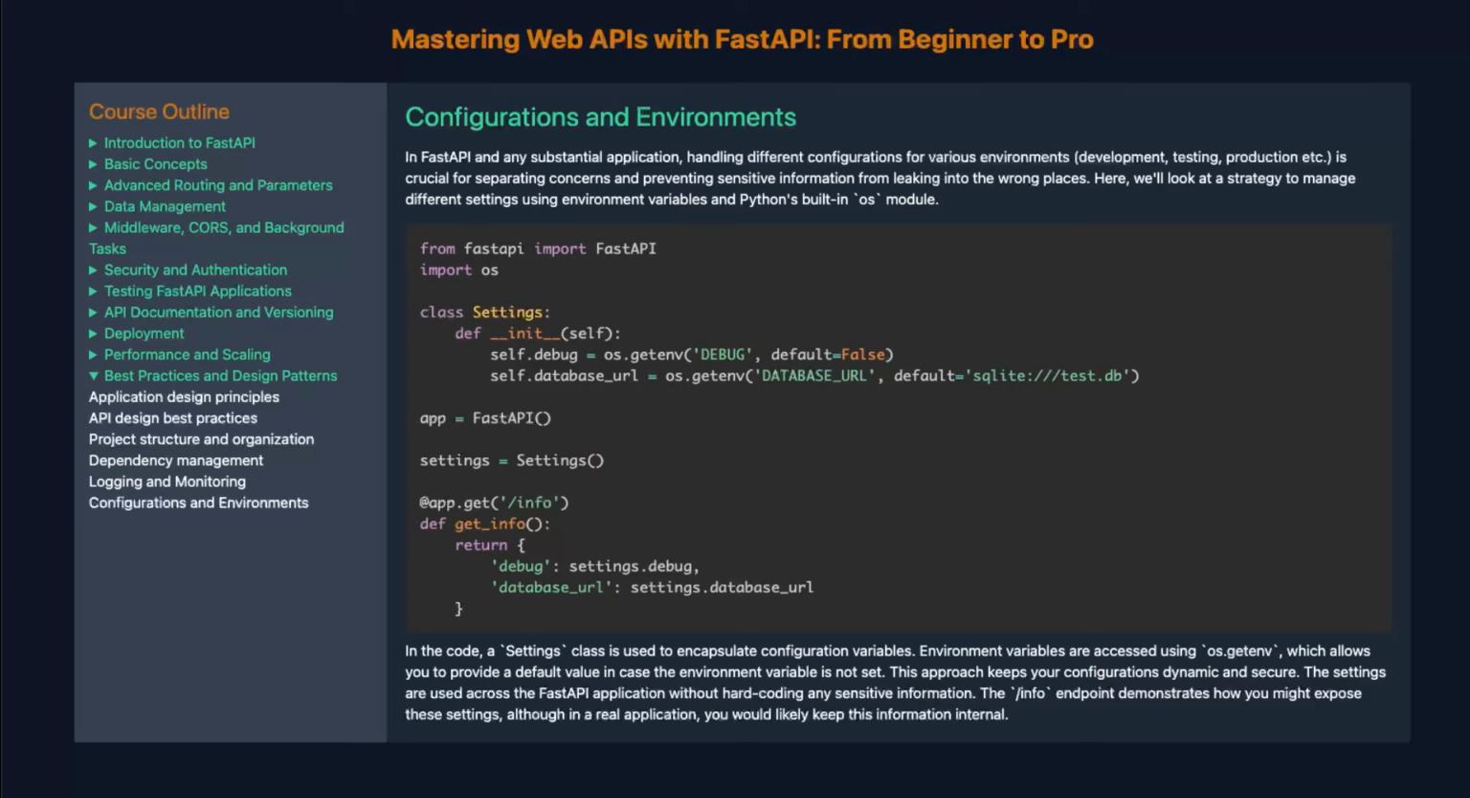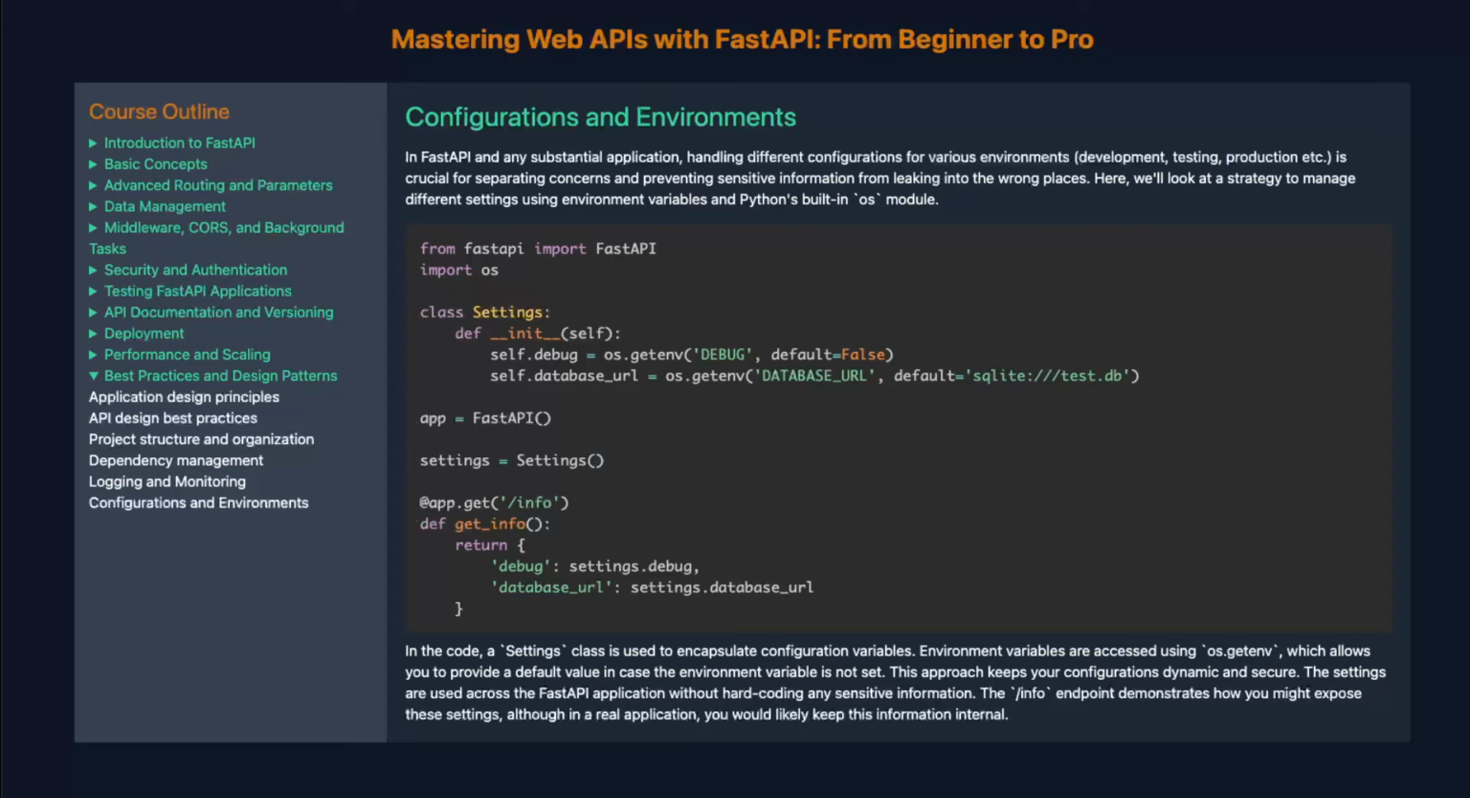In the code, a settings class is used to encapsulate configuration variables. Environment variables are accessed using os.getenv, which allows you to provide a default value in case the environment variable is not set. This approach keeps your configurations dynamic and secure. The settings are used across the FastAPI application without hard-coding any sensitive information. The /info endpoint demonstrates how you might expose these settings, although in a real application, you would likely keep this